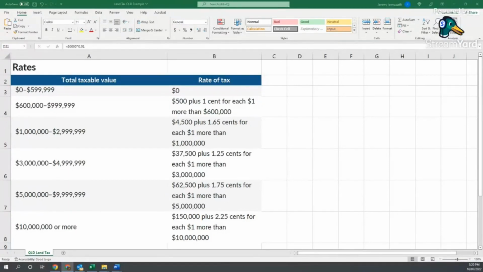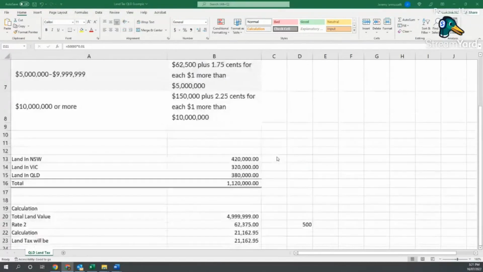Now, under the new scheme, the threshold still stays. However, this is exactly the same as it's always been. Thresholds don't change, rates don't change, everything remains the same. It's just now the way that they calculate the way your land is absorbed by the threshold. So under the new scheme, and I've got an example here, which I'll scroll down and show you guys. I've just created a little bit of an example. So we'll just use